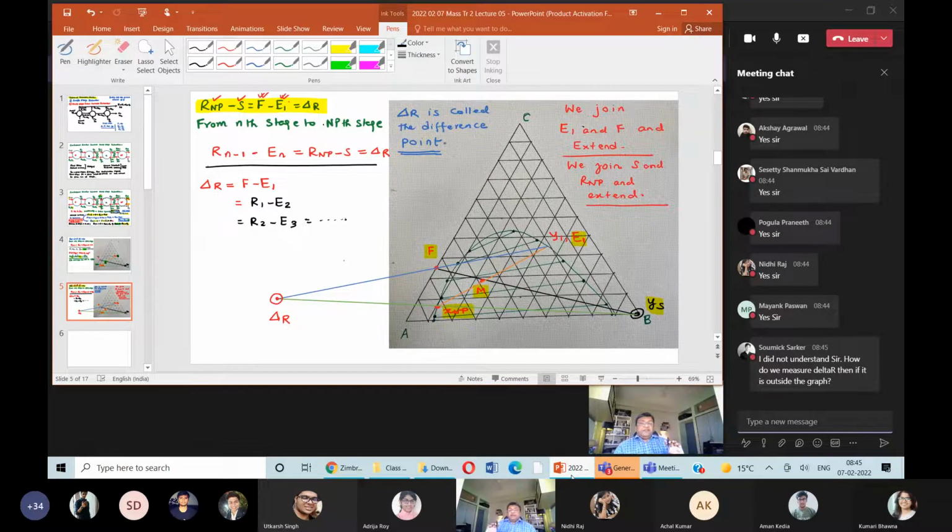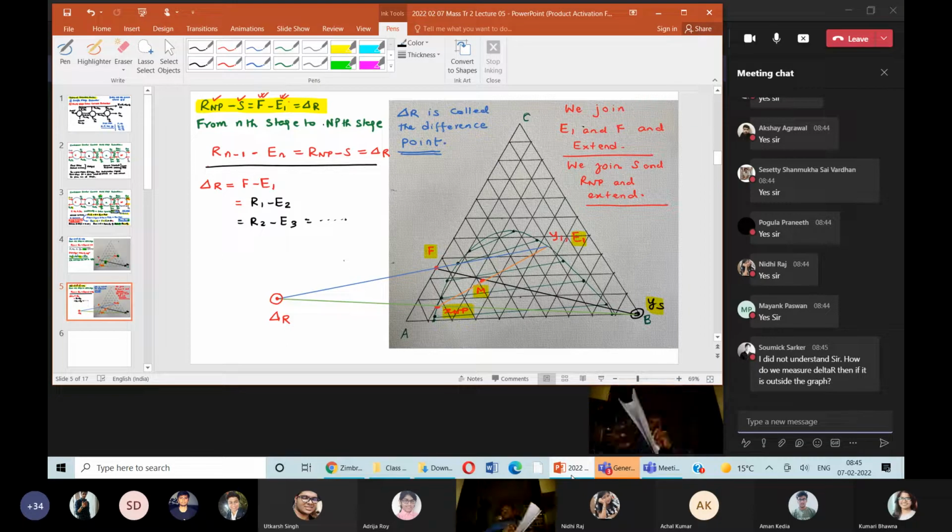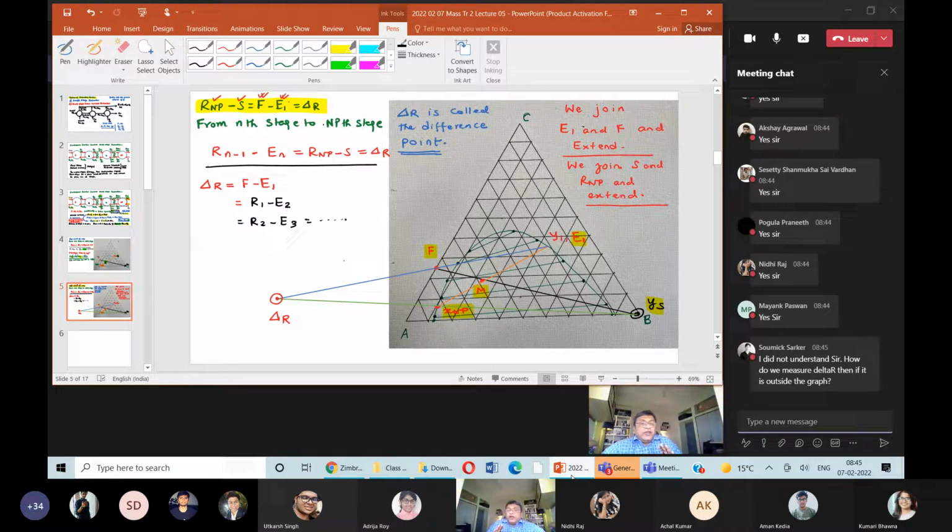So typically, it's a very good logistic question you have asked. You are going to have this graph somewhere. Either you have drawn this graph on a graph paper or somewhere, and simply like what is written here, you have to take these lines outside the graph. It is going to be on a single sheet of paper, and the point delta R you cannot measure. There is no mathematical significance. Delta R only has a physical significance.